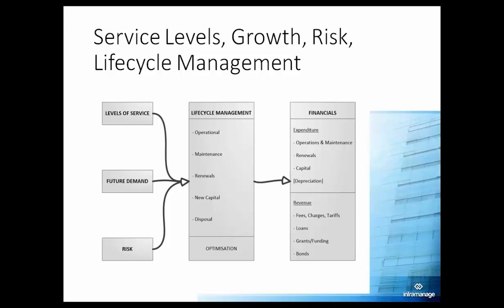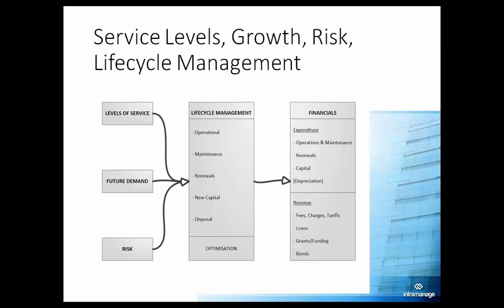It's the hardest scenario to manage when you've got economy and population moving out of an area, because you've got lots of assets for the previous demand, but not so much to pay for it. And then risk, and then you've got those 2 sides of financials, the expenditure and the revenue. So you can produce a plan that shows that you need to spend lots and lots of money, but somebody's got to pay for it. We still find this diagram very helpful in understanding the whole of that asset management process.